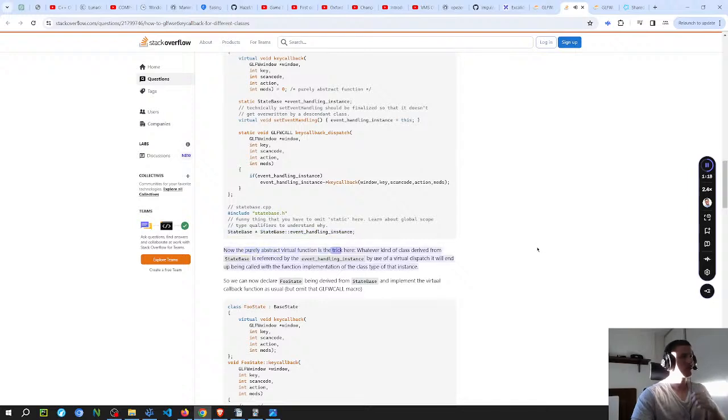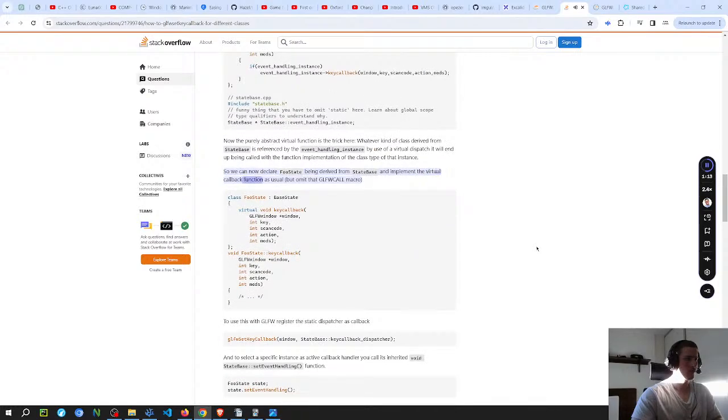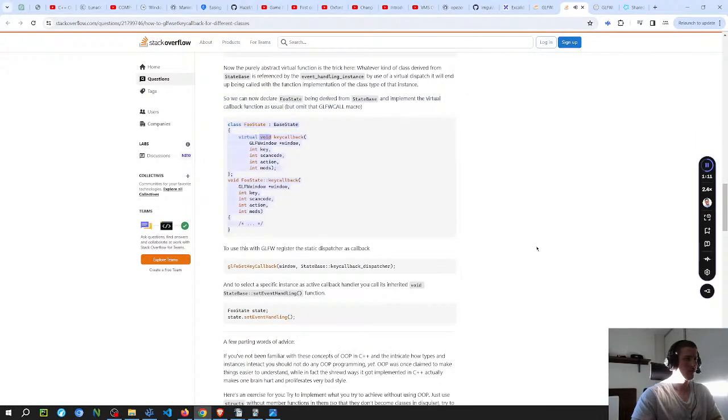Now the purely abstract virtual function is the trick here. Whatever class derived from StateBase is referenced by the event_handling_instance, by use of virtual dispatch, it will end up being called with the function implementation of the class type of that instance. So we can now declare FooState, derived from StateBase, and implement the virtual callback function as usual, but omit the global call macro. class FooState : StateBase { virtual void key_callback(window, key, scancode, action, mods); } void FooState::key_callback(window, key, scancode, action, mods) {}